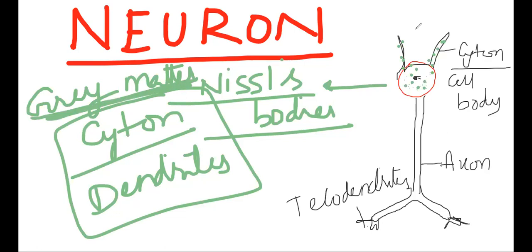I said we are learning neuron basics, not just the basic structure of neuron, but some issues which are related to our central nervous system and autonomic nervous system. The gray color appears due to the presence of Nissl bodies, that means due to the presence of cytons and dendrites. That information we need to learn. Okay, let me go to the reason for the white matter.